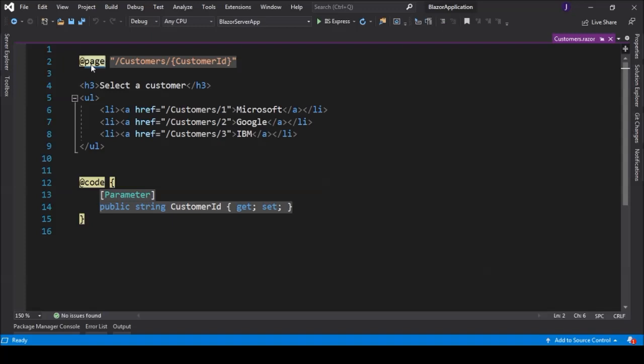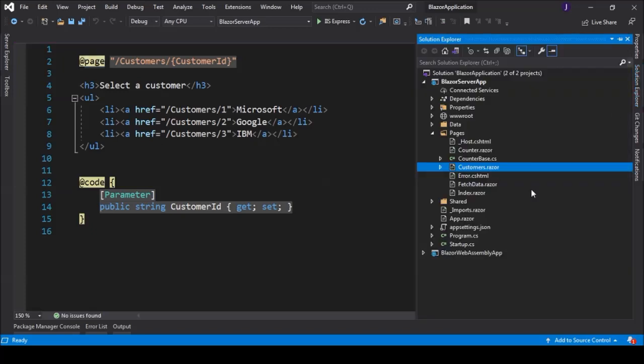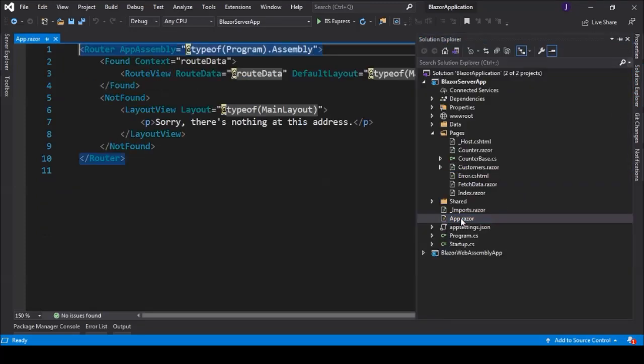When a user requests a URL from your application, the router goes in and tries to find a match for the incoming URL against any of the route templates, and all this routing happens in the app.razor file.